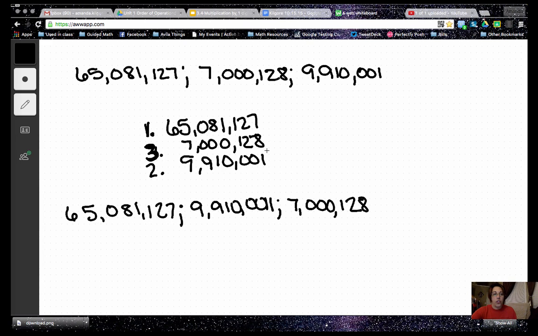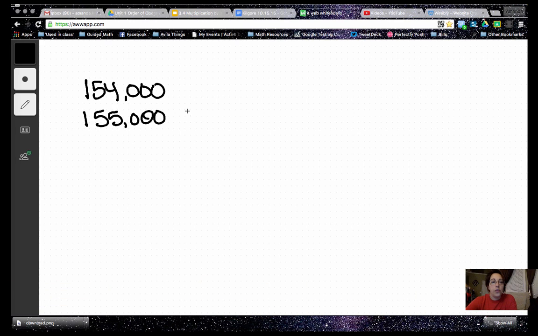Okay, so let's do one more practice problem. Another one that I often see is: write 3 numbers that are greater than 154,000 but less than 155,000. So to write a number that is greater than 154,000 but less than 155,000 is all you have to